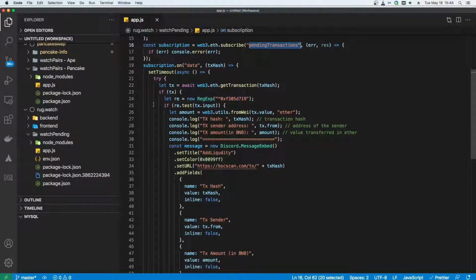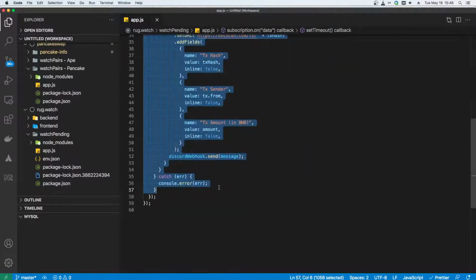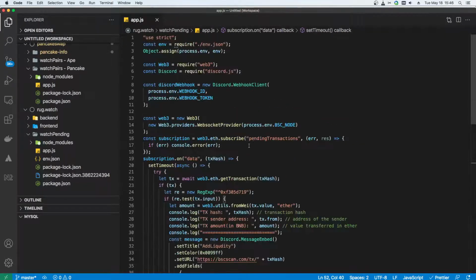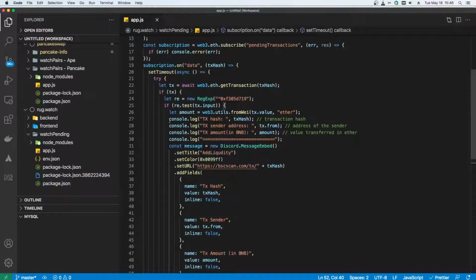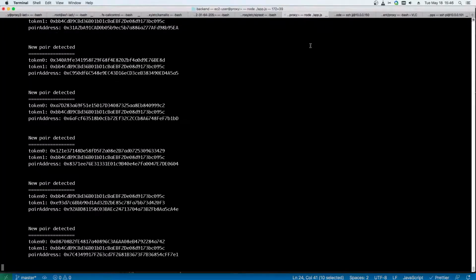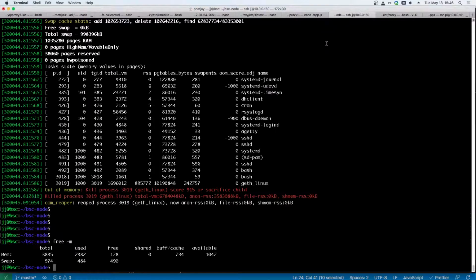I'm sure. But what we're looking at here is we're filtering, and in this particular case only sending a console log and then sending a message into Discord, which is how I do it there. When this particular code runs, it's just sitting around waiting, but it doesn't have to sit around long, because it's looking for all of the hundreds of potential transactions. Or actually, we could go in here, I believe, and